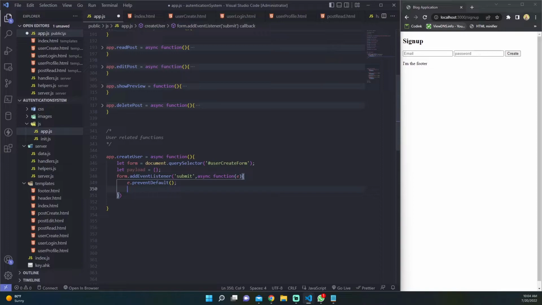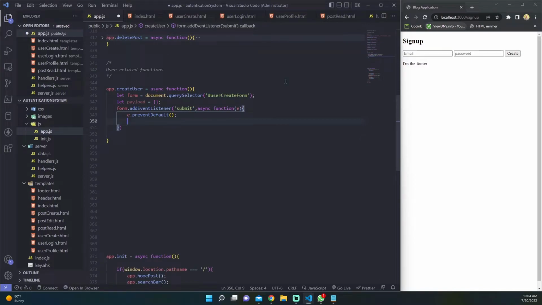So at the moment, the last thing that we have to do in order to collect all the users' input from our UI is to grab the user input and put it inside our payload object, okay? So to achieve this goal, we only have to write